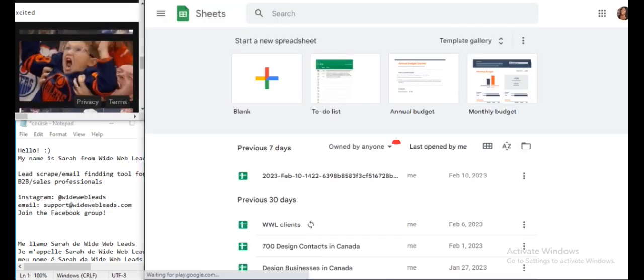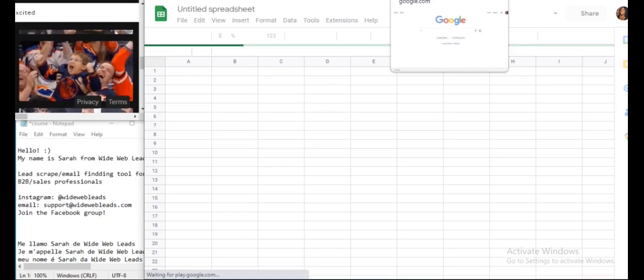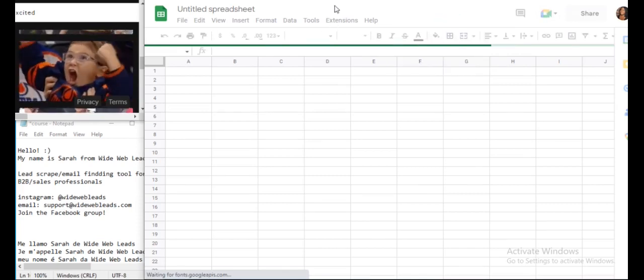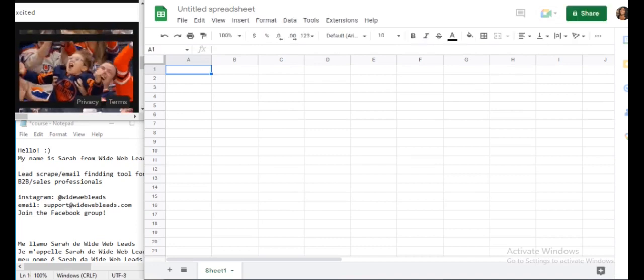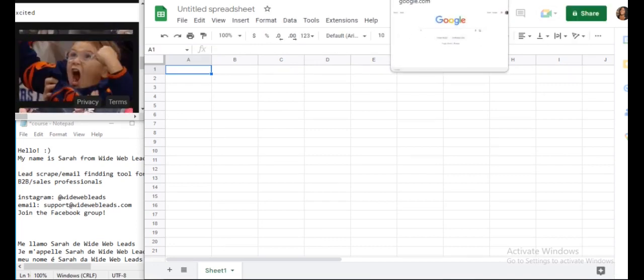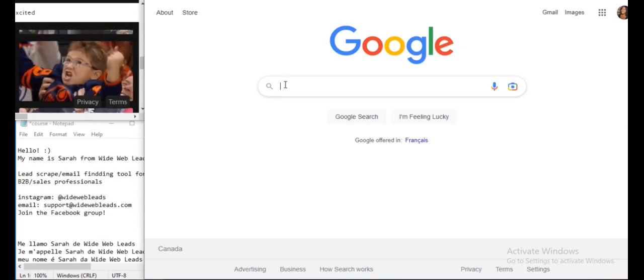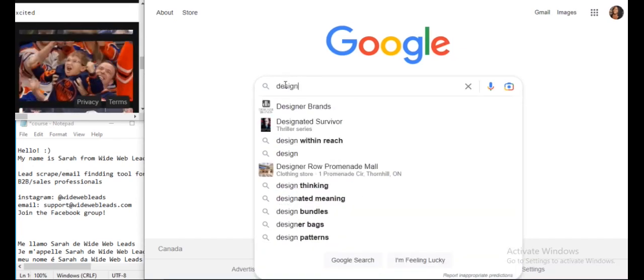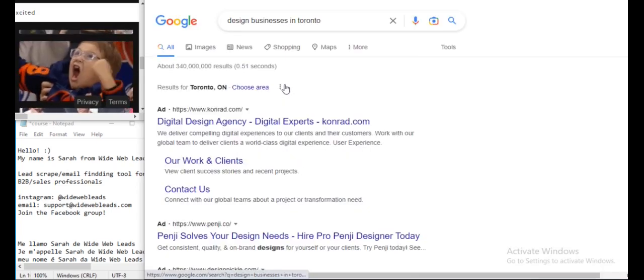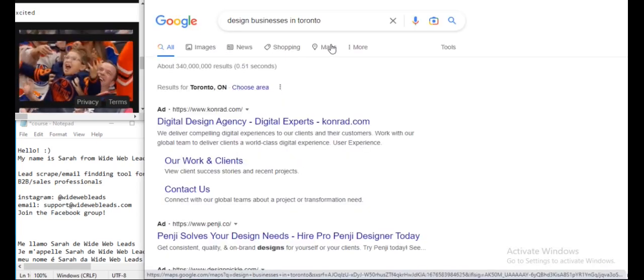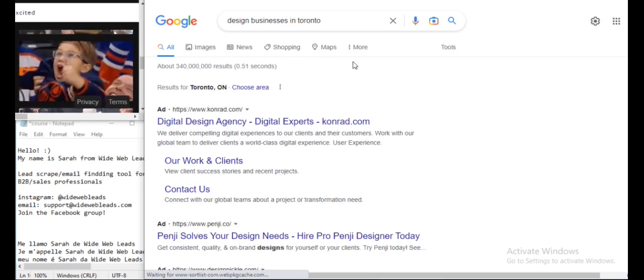So Google Sheets is for us to keep track of everyone that we come across on Google Maps. Okay, so design businesses in Toronto. We're going to start, I suppose, locally for sure. We're going to go to Maps.